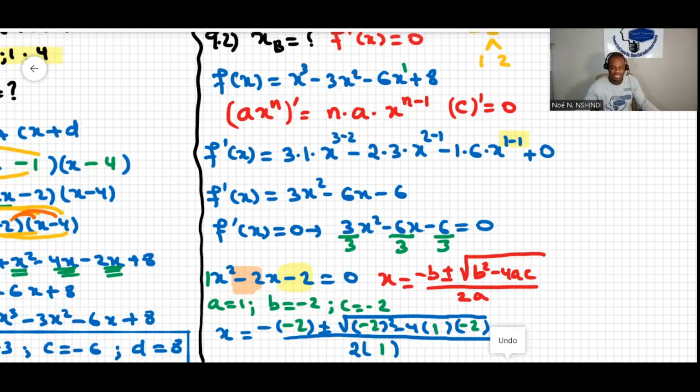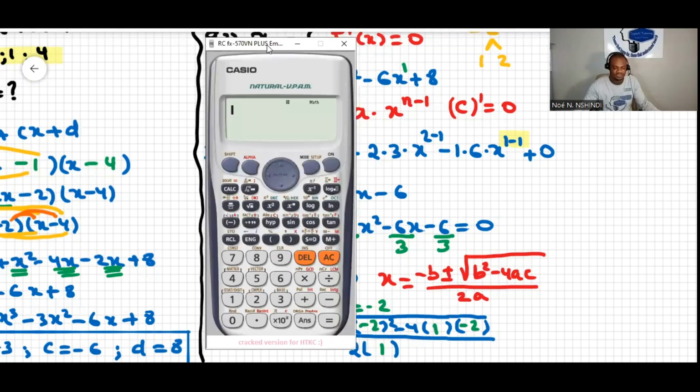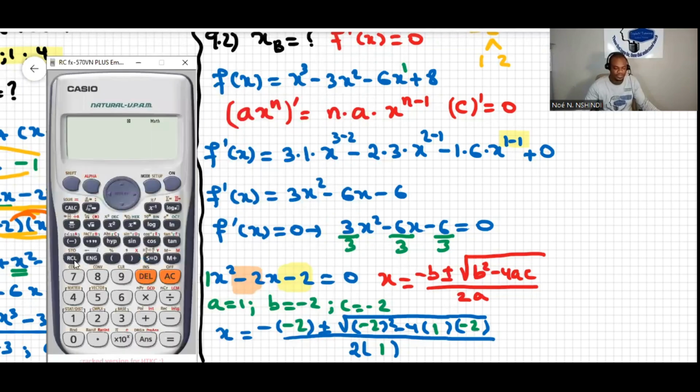Now we can do that with the help of the calculator. I'm going to do minus open brackets, -2, close brackets, and then plus. I cannot write plus or minus into the calculator, so I can just do them separately. Let's work out the positive first, plus the square root of